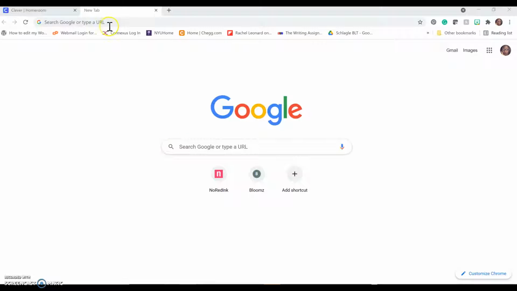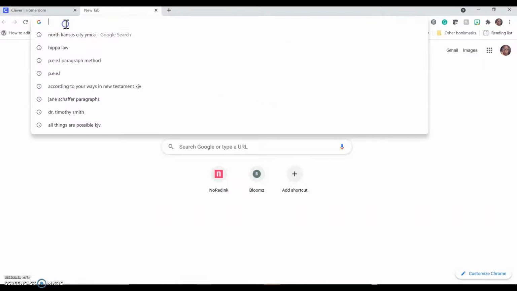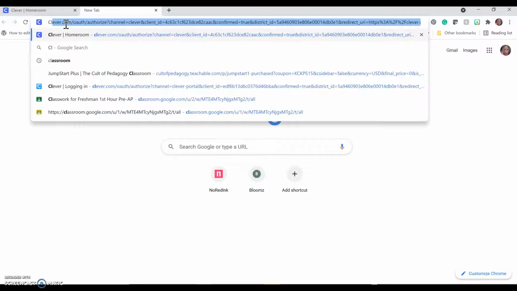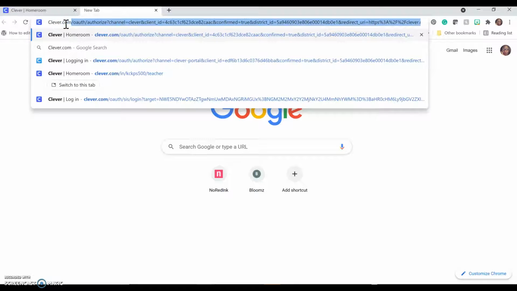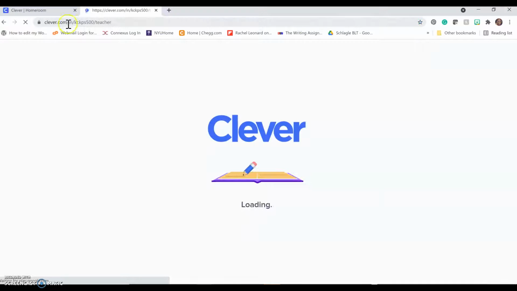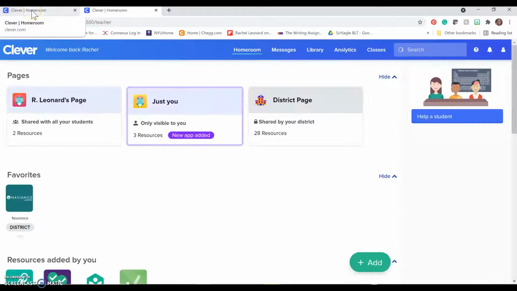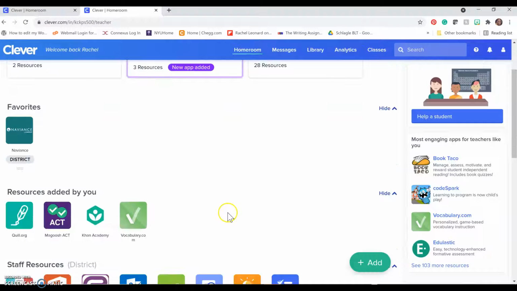So the first thing that you will need to do is to get onto a blank tab. My blank tab has the Google, as you can see. When you click on this browser address bar, you want to type in clever.com, right? This is the teacher's version, so mine automatically will show up. It's also over here to the left as my home room. All right, you're going to see